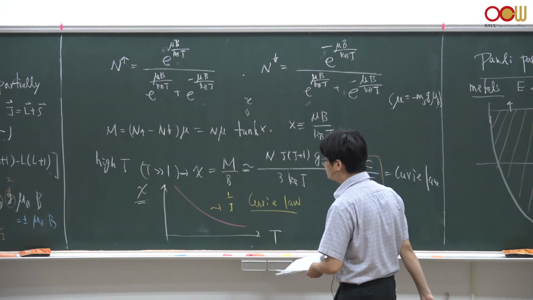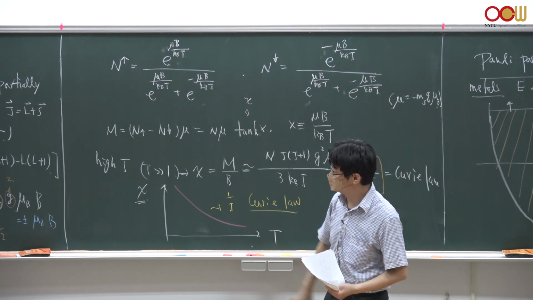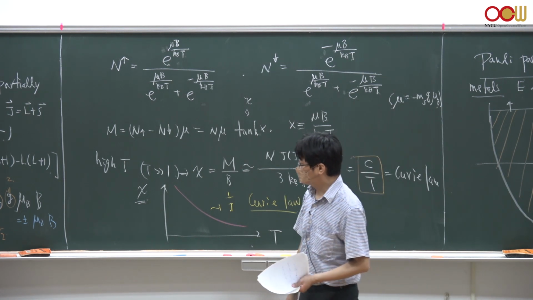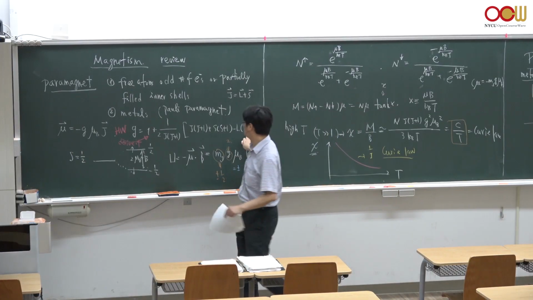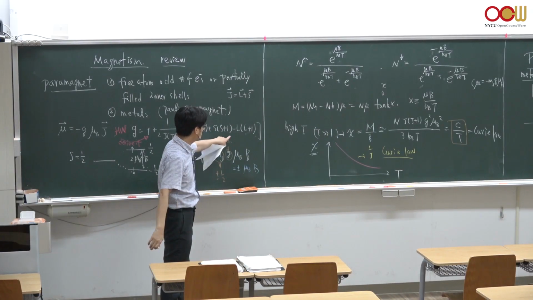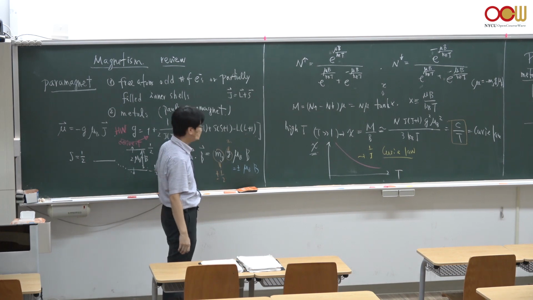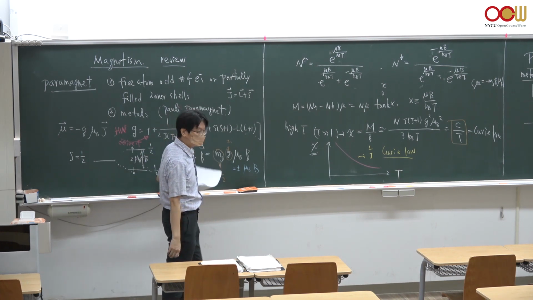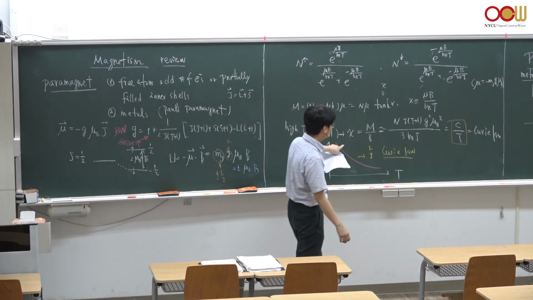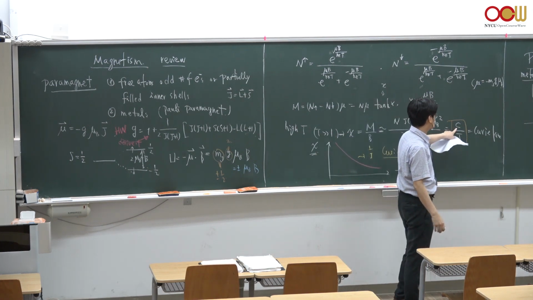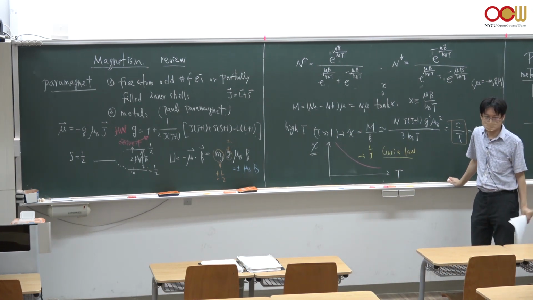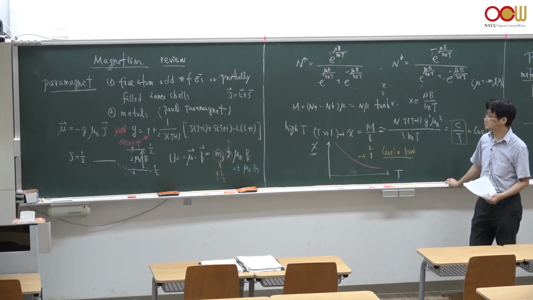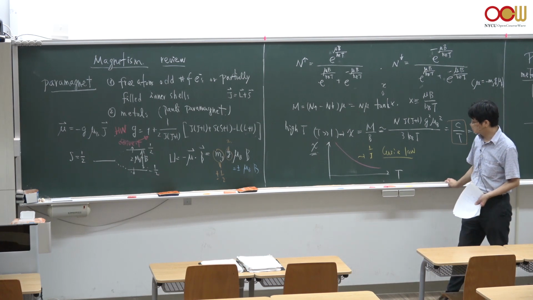Okay, but you could imagine that if you have many electron spins involved here, or orbital or angular momentum involved here, you get this complicated g factor. But still, apart from this prefactor C, you always get this Curie law. The benchmark or the hallmark of this paramagnet, namely in high temperature, you get a Curie